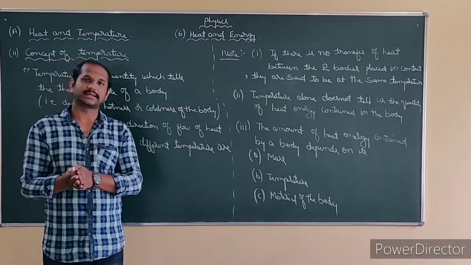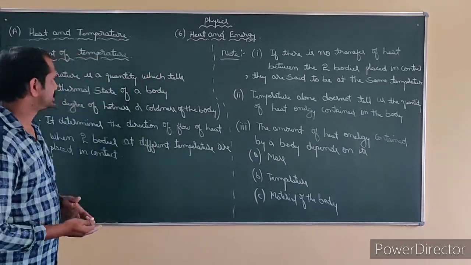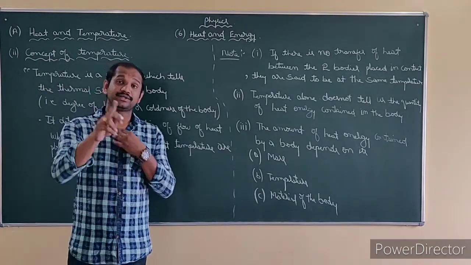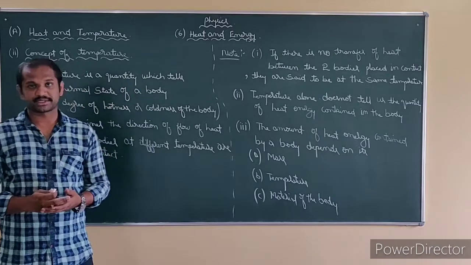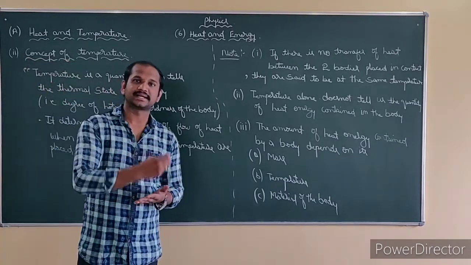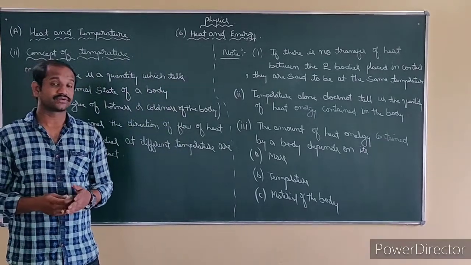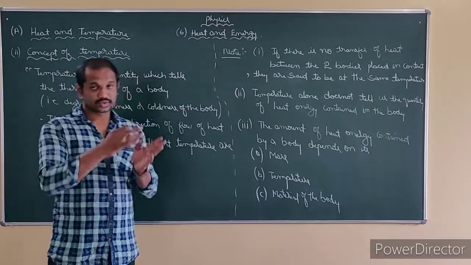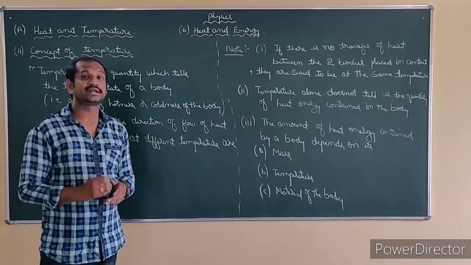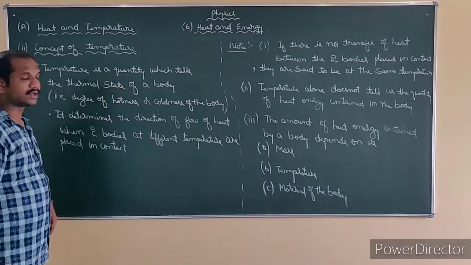Now, after knowing heat completely, let us move to the second concept of today, which is temperature. So what do you mean by temperature? You have heard this word when you study your measurement and experimentation chapter. You have 7 fundamental quantities: length, mass, time, electric current, temperature, amount of substance, and luminous intensity. Temperature is one of the fundamental quantities, not a derived quantity, and it has been known for a long time.